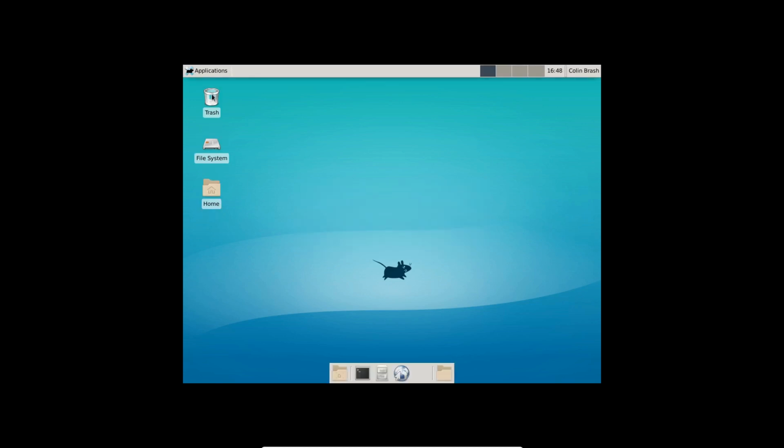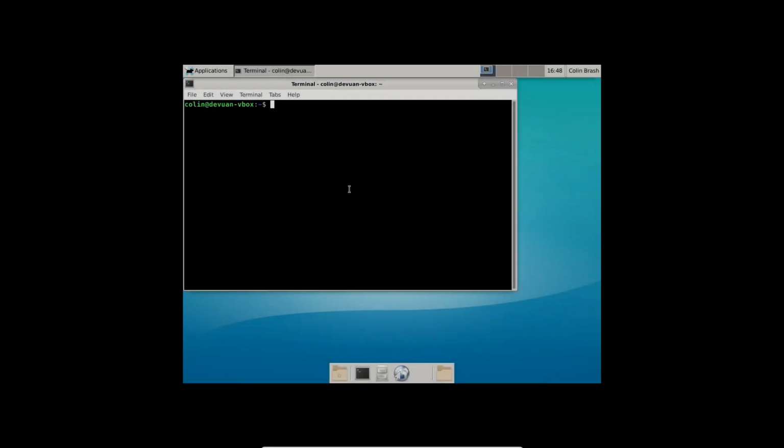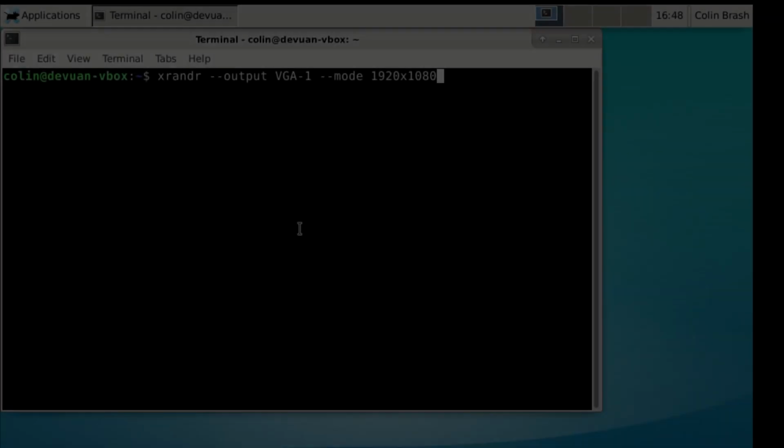That'll do for now. Now we need to do the display. That may not work, which it doesn't. So for some reason it doesn't work until you run xrandr. So that's probably because it's got minimal packages, maybe, I'm not sure. So the